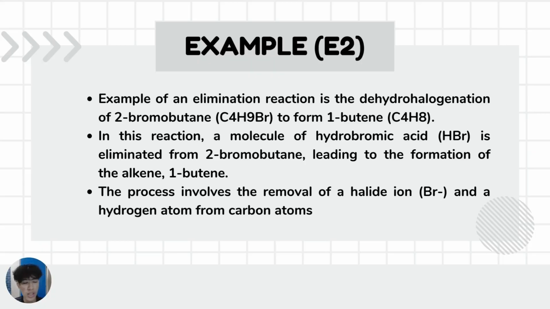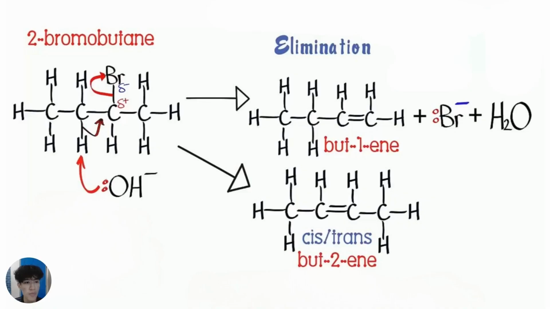For this reaction, we will be using the hydrohalogenation reaction of 2-bromobutane to form 1-butene or 2-butene. In order for this reaction to occur, we must mix the 2-bromobutane with a strong base such as sodium hydroxide, because we need the hydroxide ion from it to remove hydrogen from the carbon. As you can see, the hydroxide ion removes the hydrogen from carbon 2